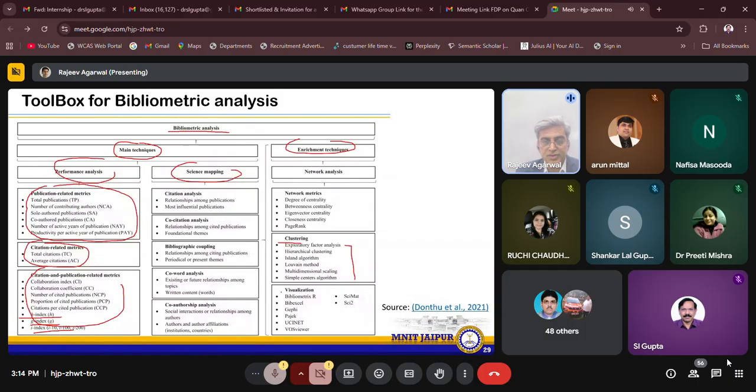So there are visualization tools which you can just see. Bibliometrix R, as I just told you. In this paper they have cited this, and VOSviewer. So these two tools I am going to do. There are a number of tools. These are the two popular tools. So I will be demonstrating on VOSviewer.